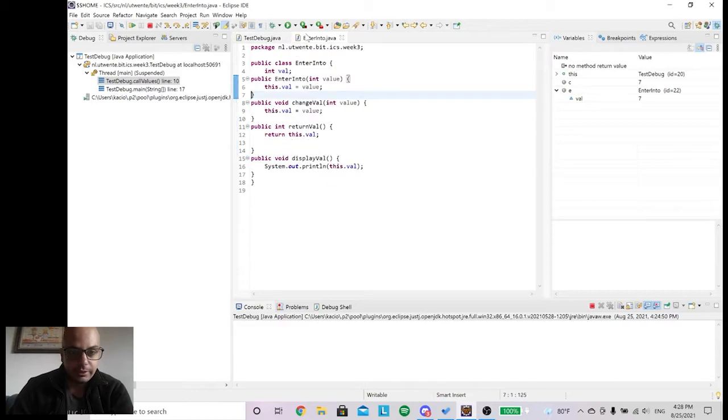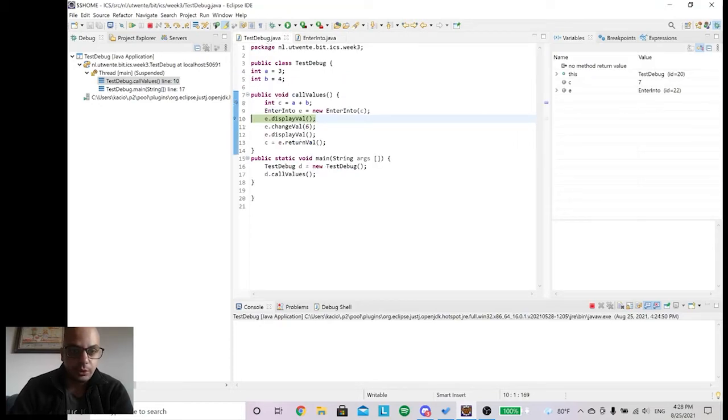It's because in that case I'm calling the display val, and here in the enter into class, it's over here and it calls the val variable, so it shows me that value.